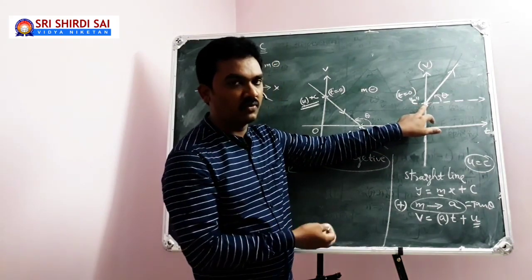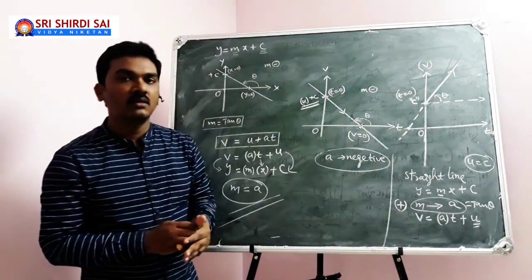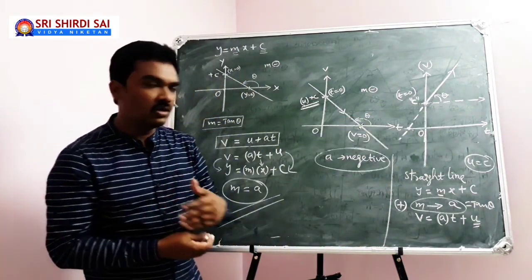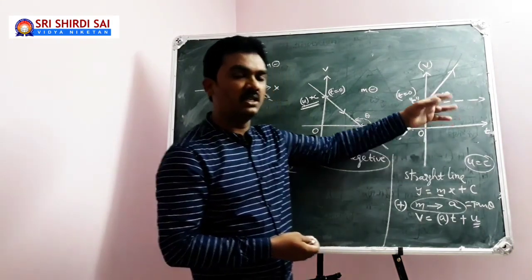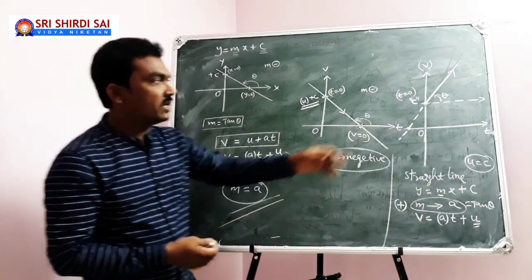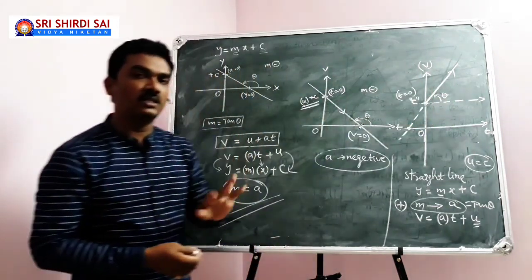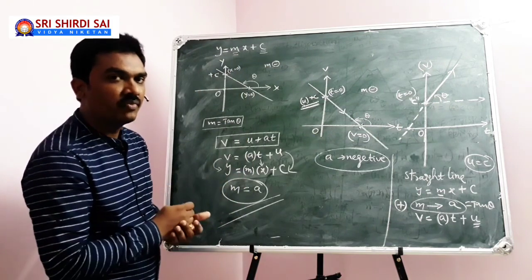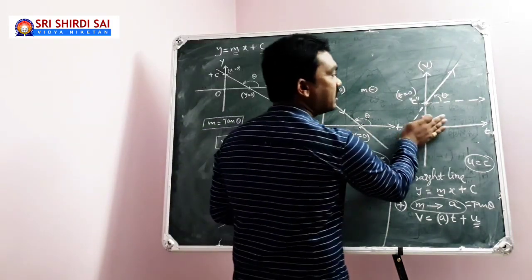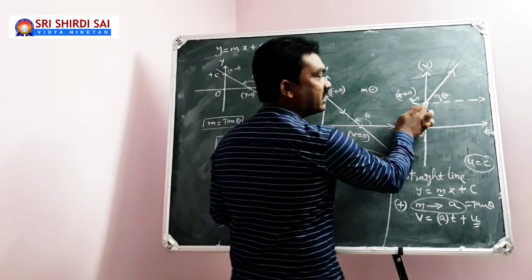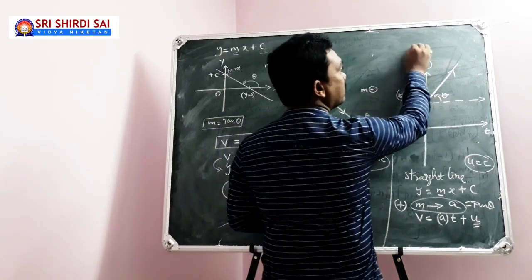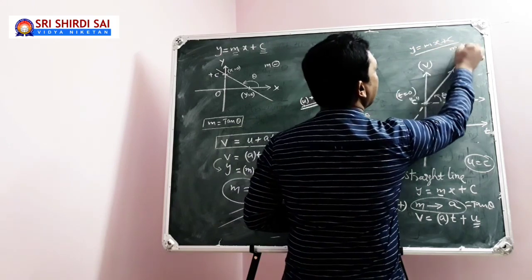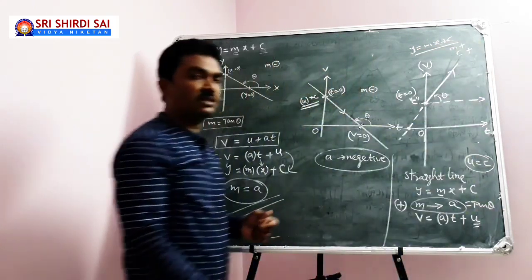Whatever the initial velocity is, and what is that acceleration? If you wish to know, if theta is equal to 30 degrees, tan 30 degrees is 1 by root 3. If theta is equal to 45 degrees, tan 45 degrees is equal to 1. Like that you come across the calculation of acceleration. Of course, this is the straight line for which the y-intercept is positive and the slope is positive, which represents y equal to mx plus c, with m positive and c positive. You have learned 4 cases.